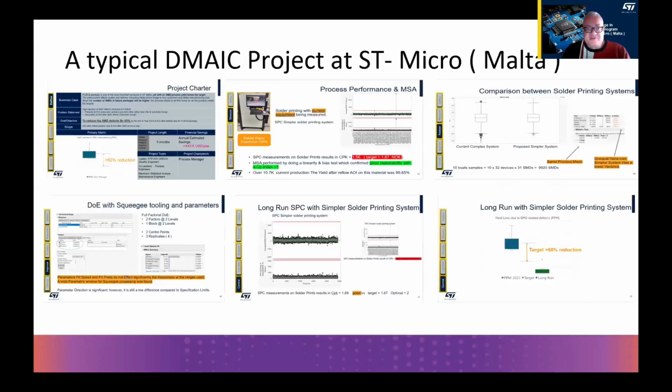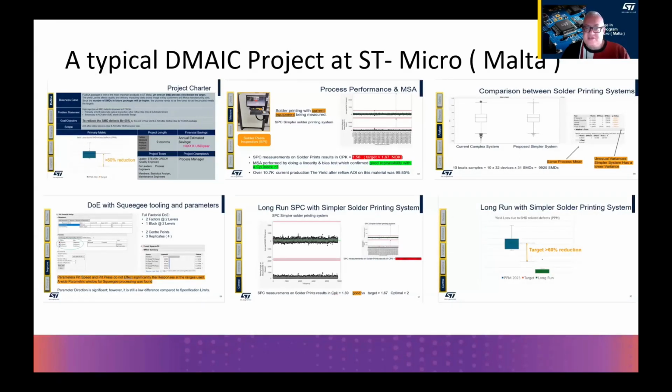This is a very short, summarized example of a DMAIC that we would do at ST Malta. It gives you just a hint of what each stage is. Important is to define the problem, to know the voice of the customer, and also to do the project charter, where we do a definition of what we're going to do, a SMART objective. It has to be specific, measurable, achievable. You must be responsible for it. It must refer to you, and also it must be time-based. And then there is a performance measure,